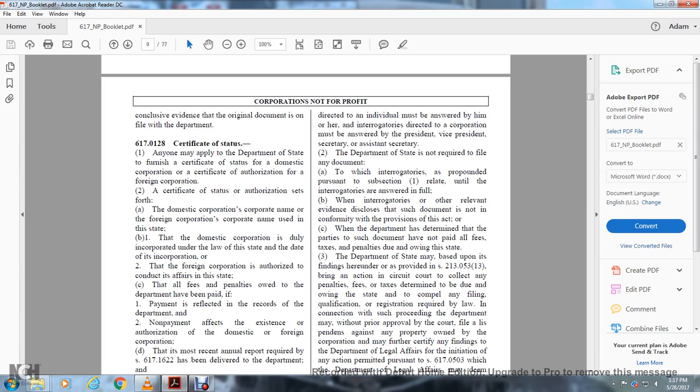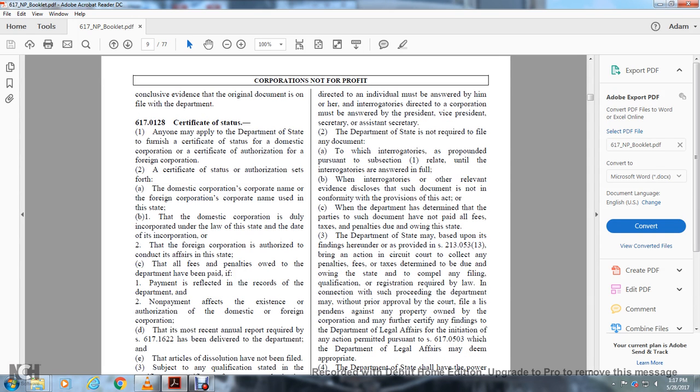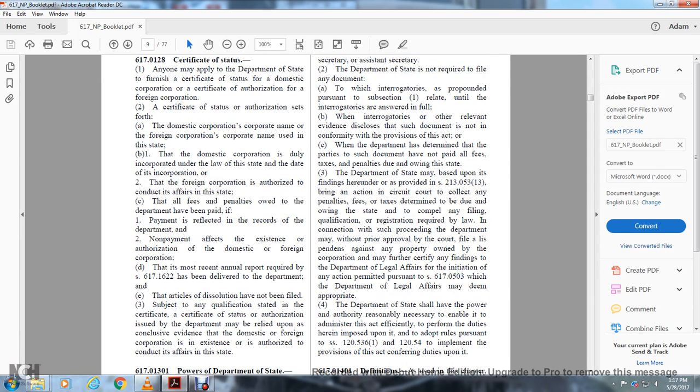When interrogatories or other evidence indicate that such a document is not in conformity with the provisions of this Act. When the Department determines that a party to such a document has not paid all fees, taxes, and penalties due and owing the state, the Department of State may, based upon the finding, as provided in the Statute